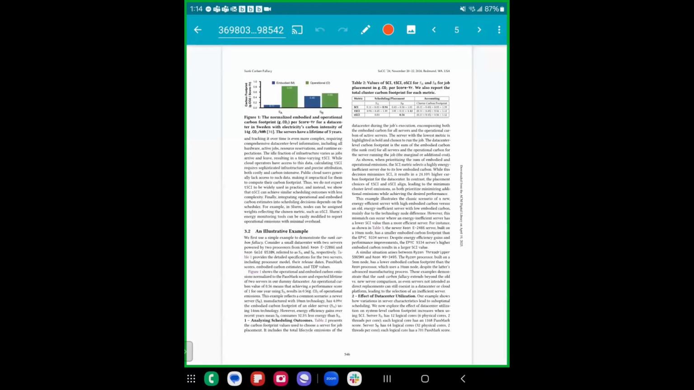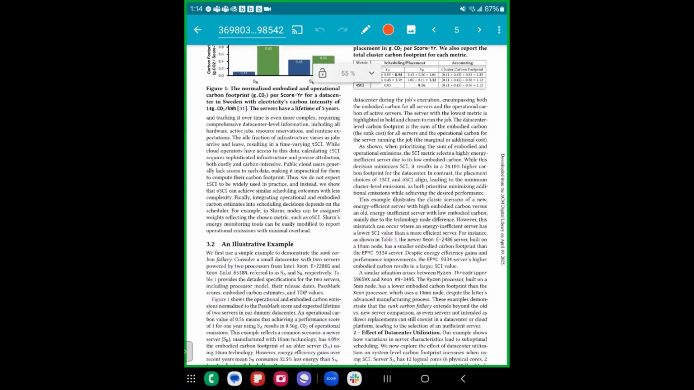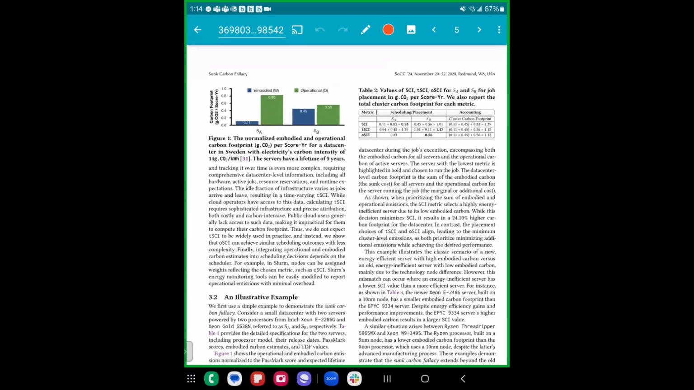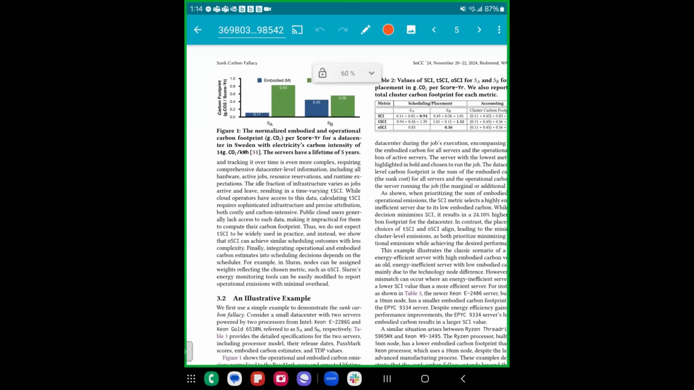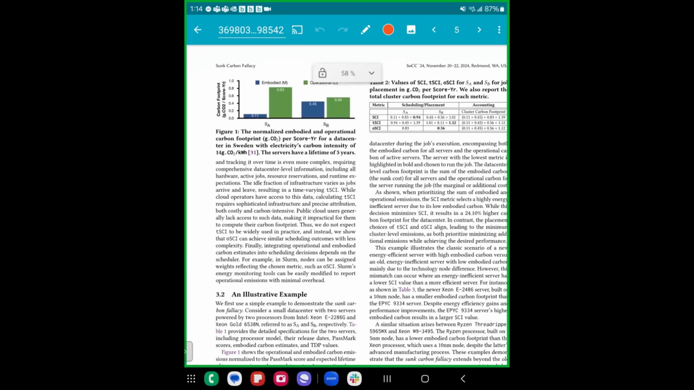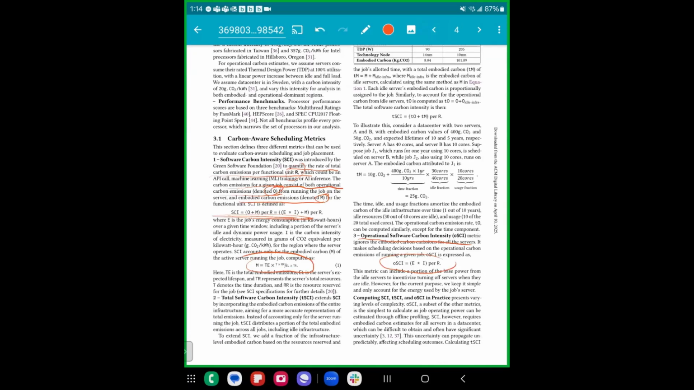So they have this little example here. They calculated the carbon footprint of two CPUs, right? One is an older Intel Xeon, and another one is a newer Xeon. So both of them are CPUs from Intel. I think they have,